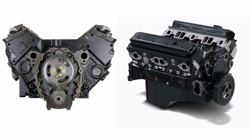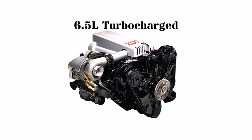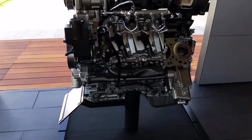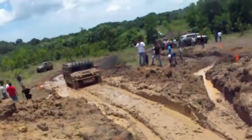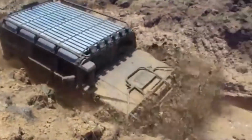to a 4-speed automatic transmission, a 6.5-liter V8 Detroit Turbo Diesel GM paired with a 4-speed automatic transmission, and the latest engine to be used on the Hummer H1 was the almighty 6.6-liter Duramax LLY Turbo Diesel, attached to a 5-speed automatic transmission. No wonder the Hummer H1 was such a reliable and sturdy beast, seeing as it shared